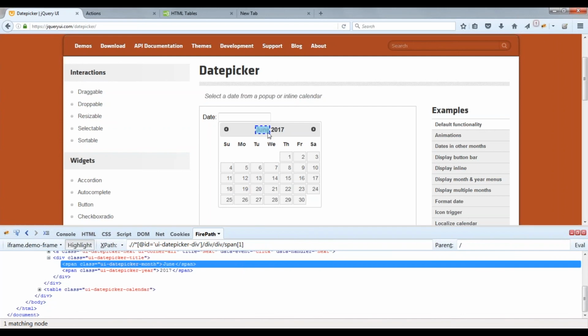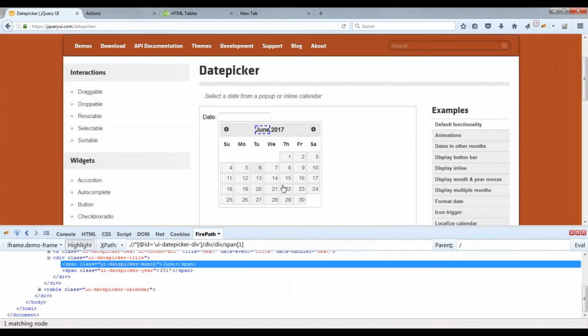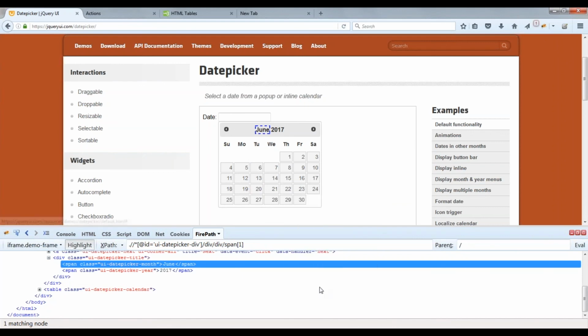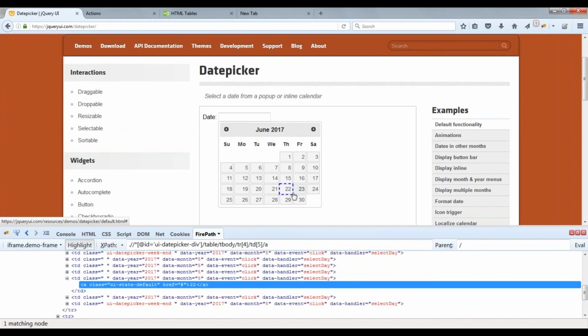Always check for the month, and if the month is equal to whatever you are looking for, then find the element inside this particular table, iterate through it, and click on the date you want. If the value is equal to 22, then you click on the value.